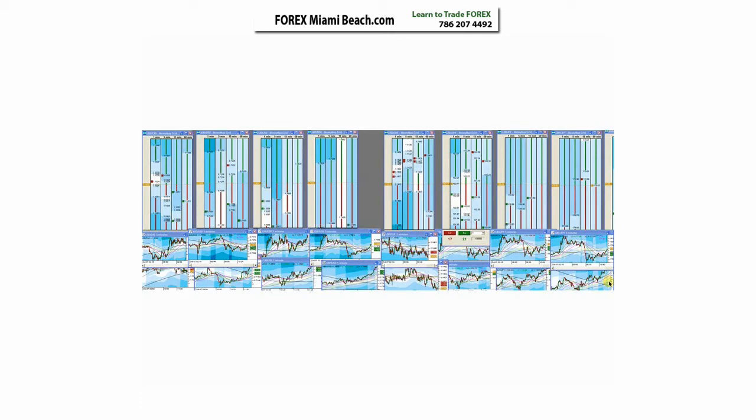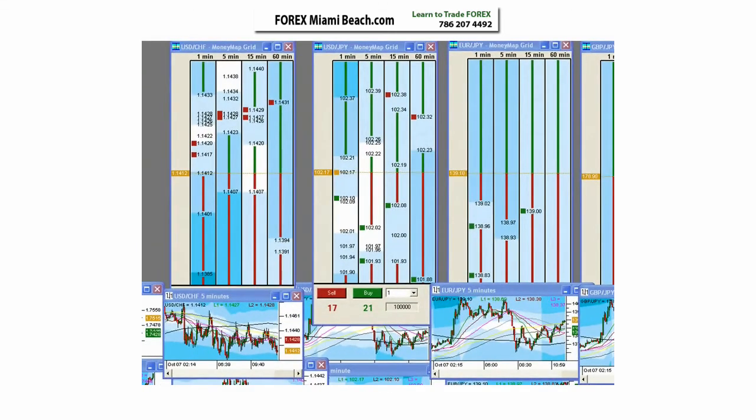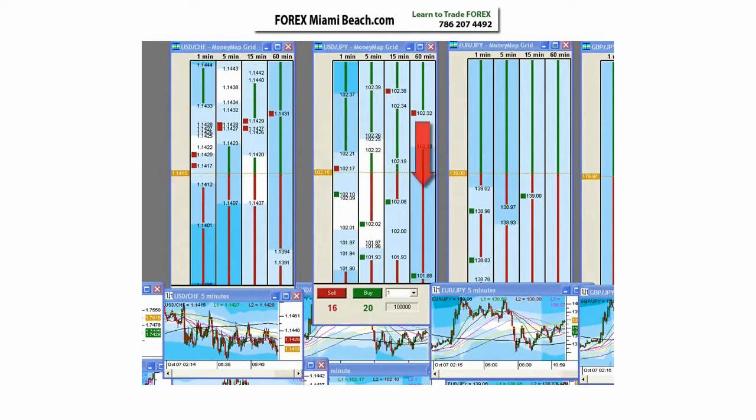Okay, we're going to be looking at dollar yen grid here. And what I want to do at this point in time is give you a heads up at what I'm looking at and why I'm considering taking a sell position off of this 32, 102.32, 60-minute roadblock. I would consider this a 4-column roadblock between